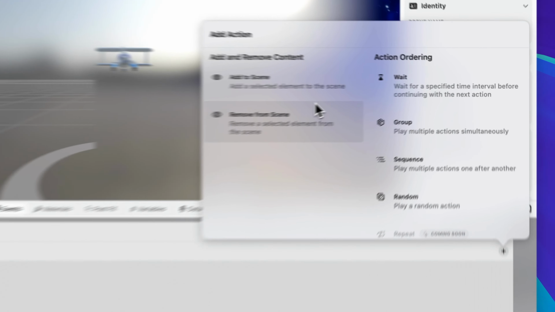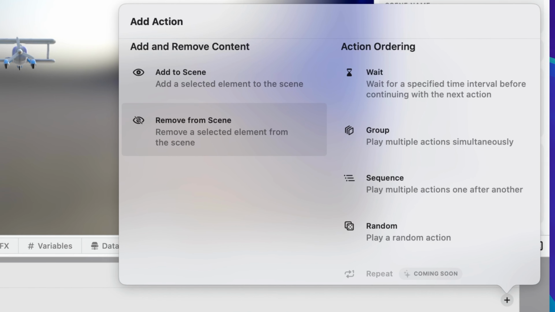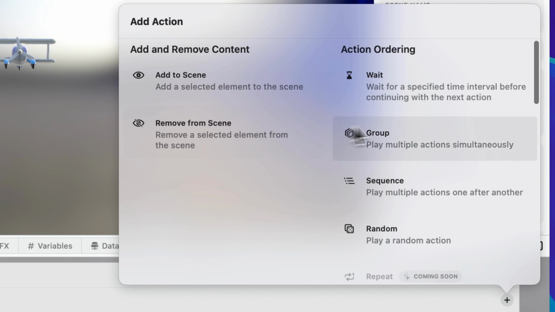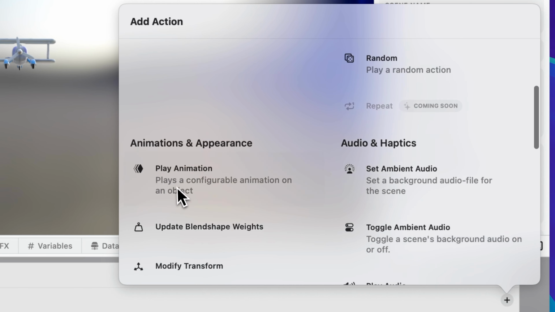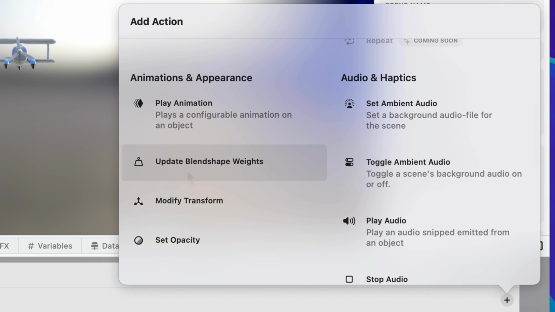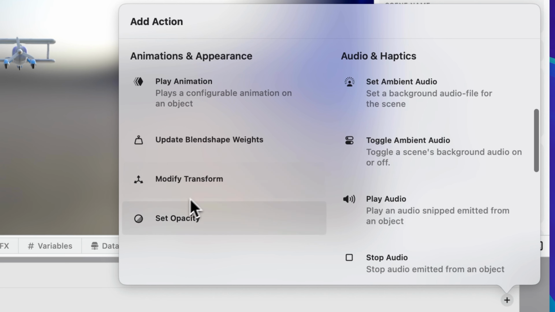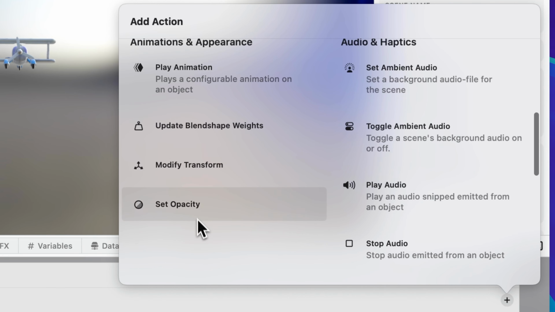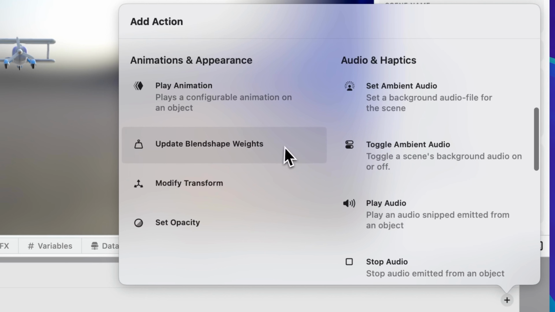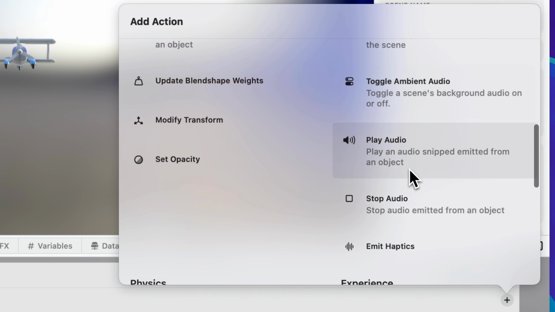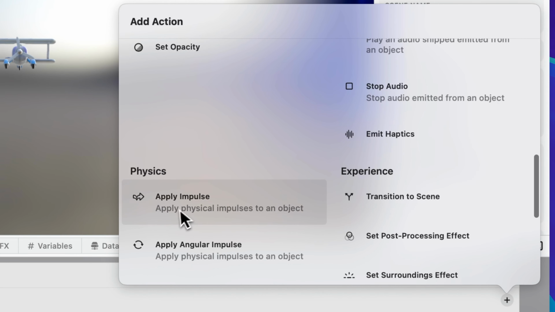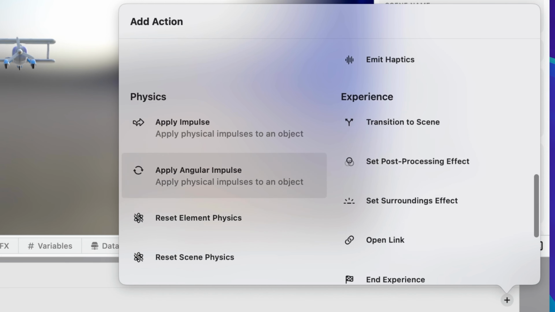You can see a view that pops up that gives you a whole set of actions that you can mix and match and combine. So you can add content to the scene or remove it. You can play an animation. You can update Blendshape weights when your 3D model supports Blendshapes. You can modify the transform, set the opacity dynamically. You can play audios, like set an ambient audio, toggle an ambient audio, play a normal audio, stop, emit haptics. You can also apply an impulse if your experience has physics, and apply angular impulses, reset element physics, and